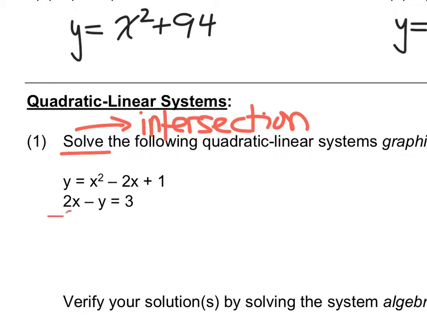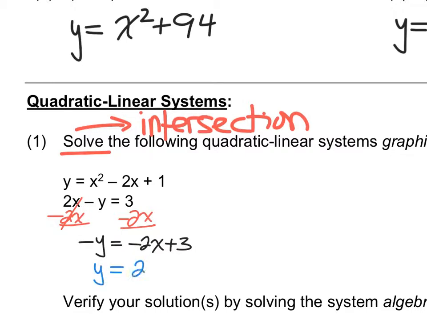So I'm going to subtract off a 2x. That's going to make it negative y equals negative 2x plus 3. Divide by negative 1, and when I do that, what do I get as a result? y equals 2x minus 3. All right. So I'm going to graph